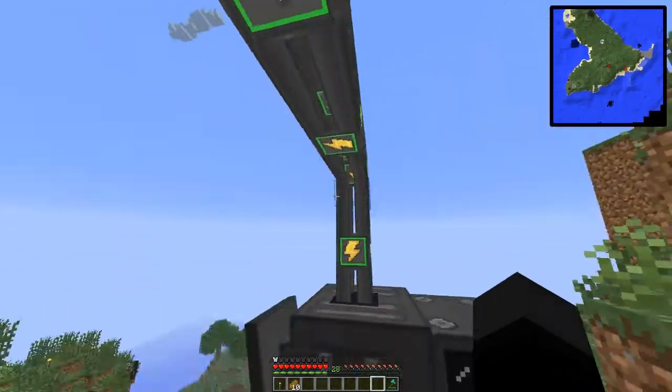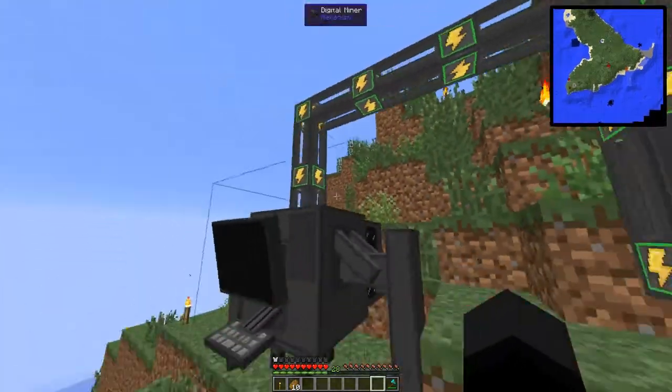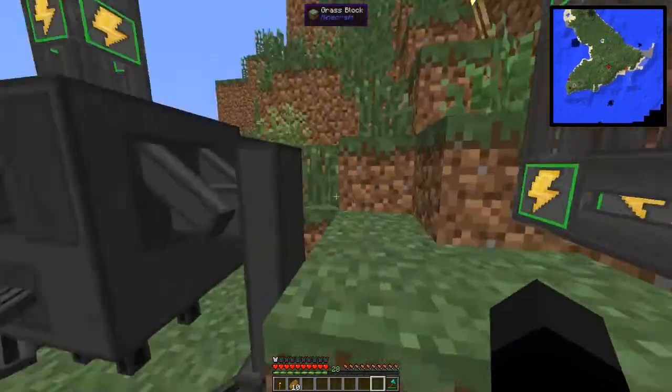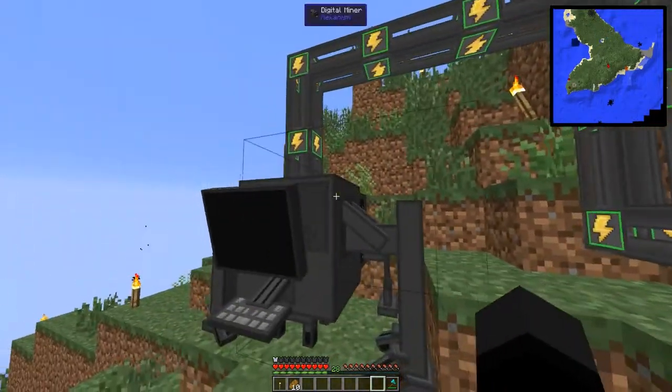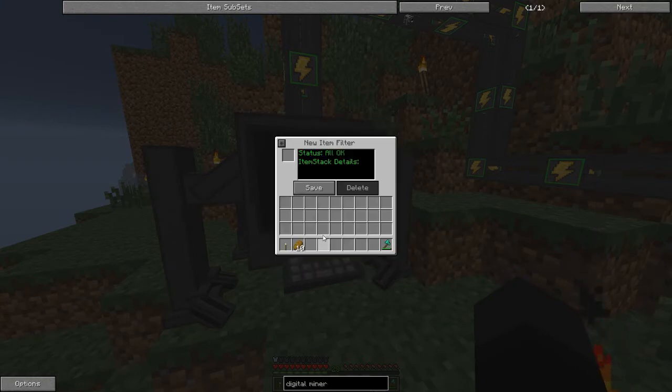Damn it. Alright. I'm unsure if you have to throw the line directly in this hole up here. I just think it looks pretty fancy if you do. Connects when it's through here, but yeah, I don't know if it still works. But anyway, let's see the digital miner. Now you click config, and I guess ore directory,